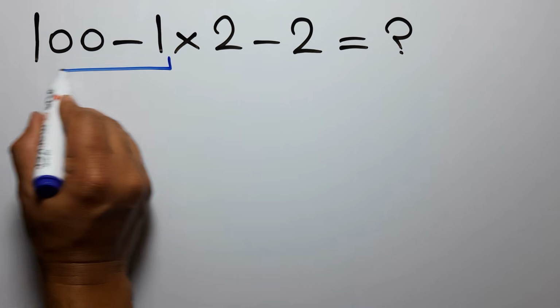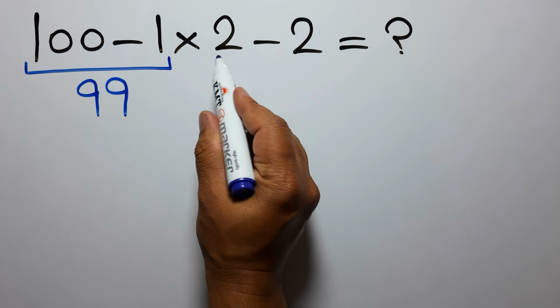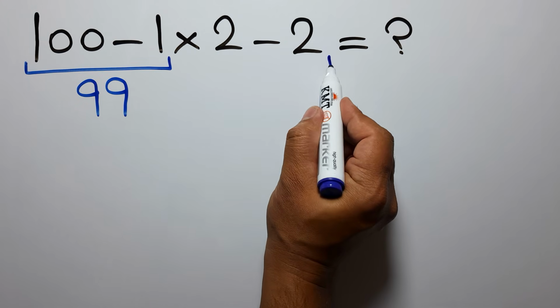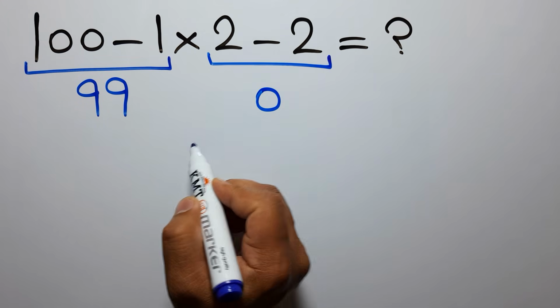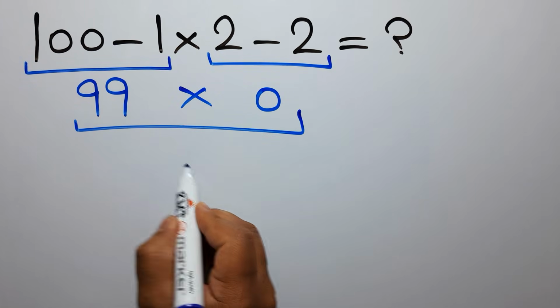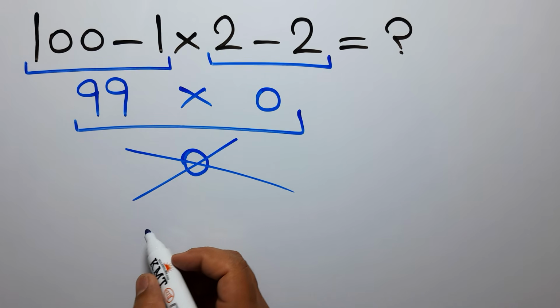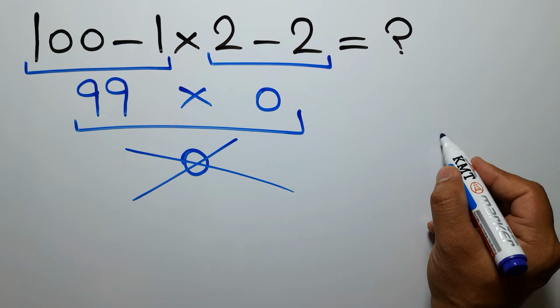100 minus 1 gives us 99. And here we have 2 minus 2, which equals 0. So 99 times 0 is just 0. But this answer is not correct, because according to the order of operations, which is PEMDAS,